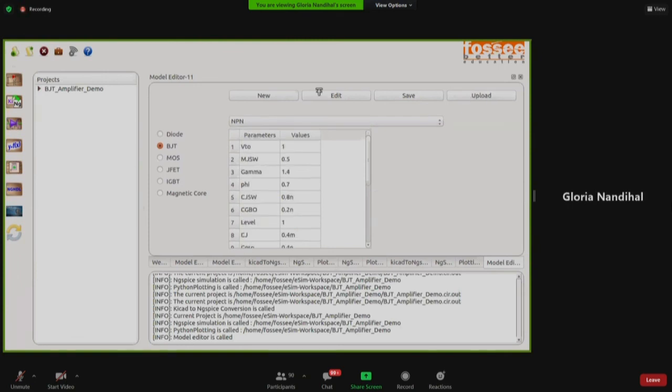So when you click on upload, I have already saved it in a text file and saved the extension as .lib. You can see the files of type is only .lib. That's why. Okay. So when you click on this and say open, you can see that libraries will be added under user libraries because it is user defined.